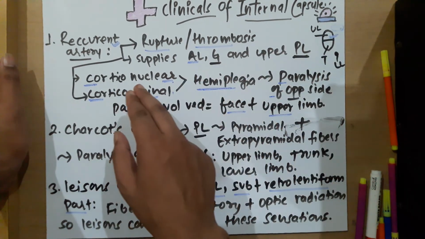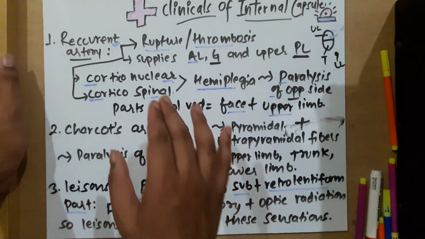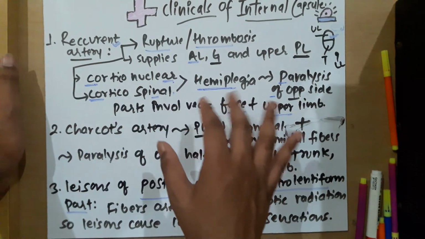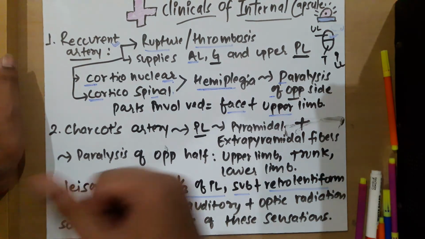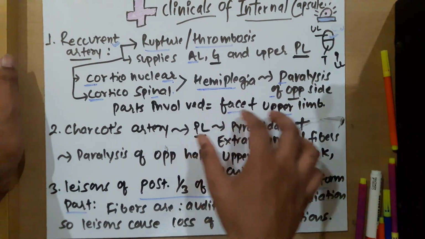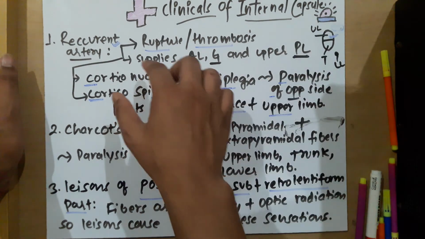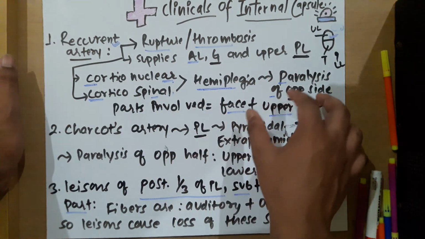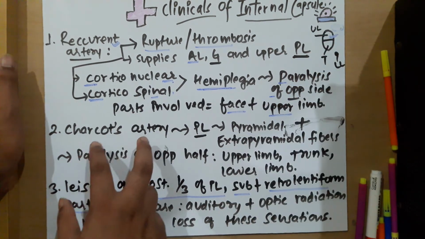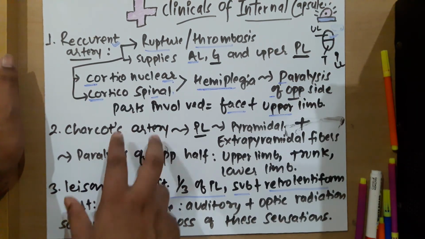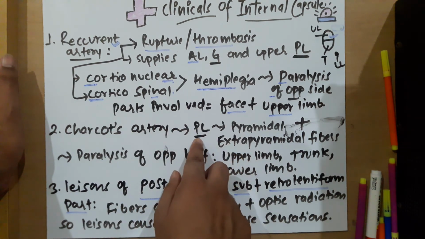This will damage the corticonuclear and corticospinal fibers, which will cause hemiplegia, that is the paralysis of the opposite side, and the parts involved will be the face and the upper limb, because corticonuclear supplies the head and neck, and the upper part of the corticospinal will supply the upper limb. Yes or no? Then thrombosis or rupture to the Charcot's artery will cut the blood supply to the posterior limb,